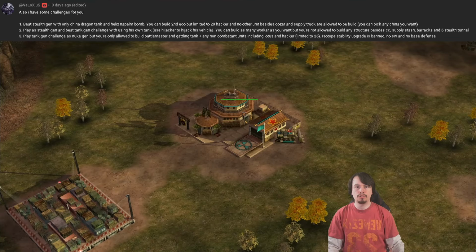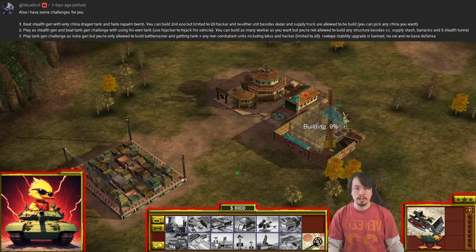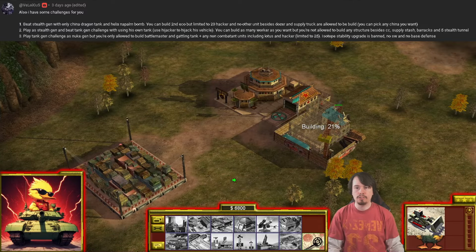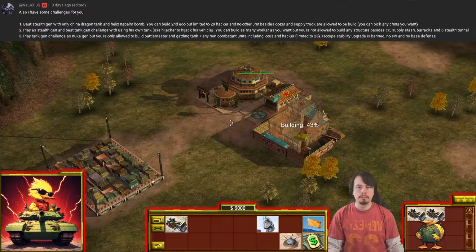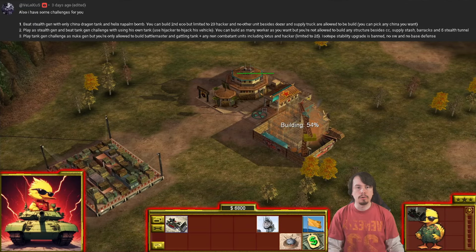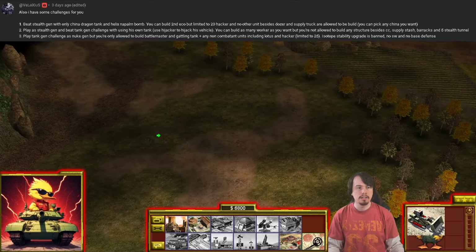Time for another viewer suggested challenge. This is coming from Veloxius, and this is his third challenge for me. I have to play as Tank General, as Nuke General, but you're only allowed to build Battle Masters and Gatling Tanks, plus any non-combatant units including Lotus and Hacker, limited to 25. Isotope stability upgrade is banned, no super weapon and